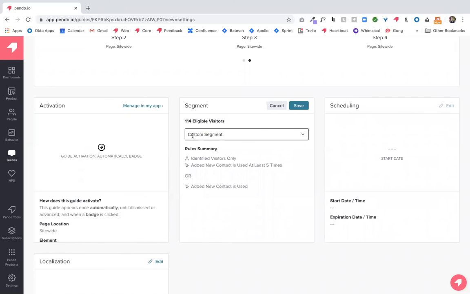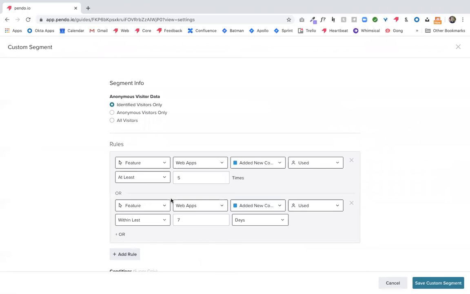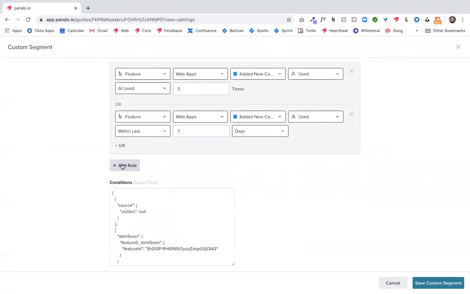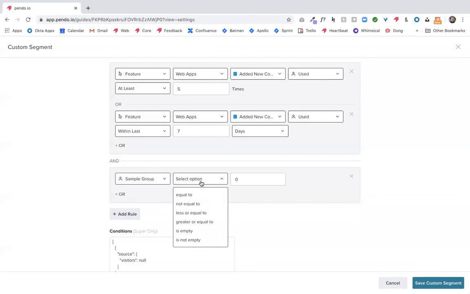But if you have a larger set of users who are eligible, there are a couple other things you can do to make this a little more interesting, which is using something we call sample group, if I add another rule here. If you're not familiar, Pendo by default will assign a random number to each of your visitors between 1 and 100, and that will then inform this sample group rule. So if I click sample group,